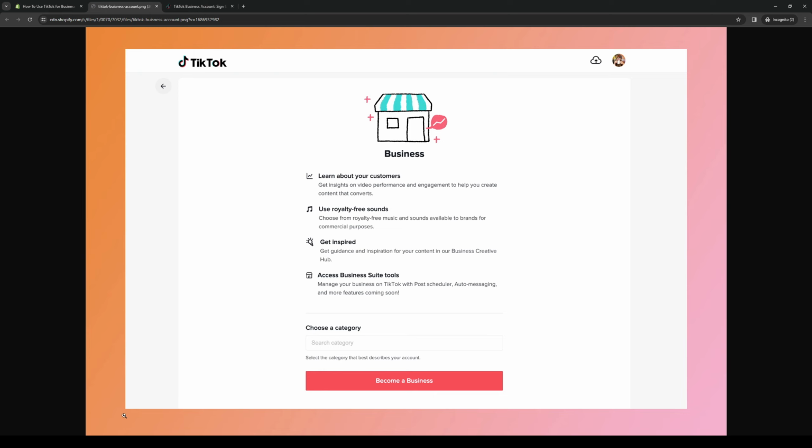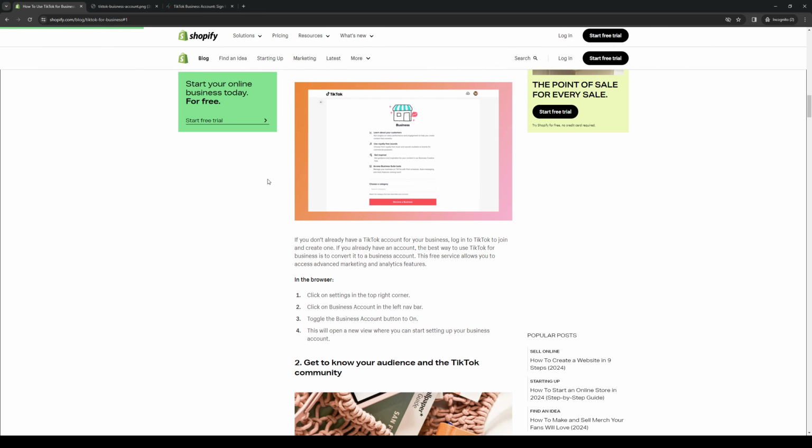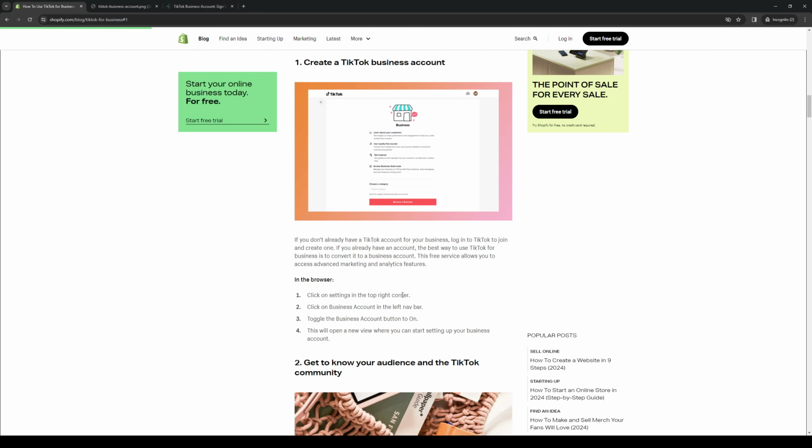So this is like an alternate profile for your TikTok account where you can do business. So you can do stuff like sell digital products, advertise your dropshipping site if you wanted to and whatnot, and basically make money with your videos through ads. Now you can have like a certain niche that appeals to your audience to help kickstart your business account for TikTok. So the way to actually do it is you want to click on settings in the top right corner,